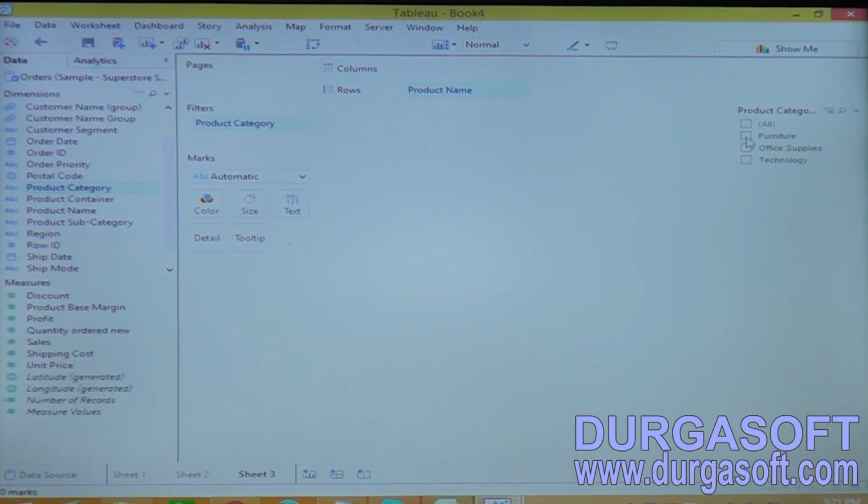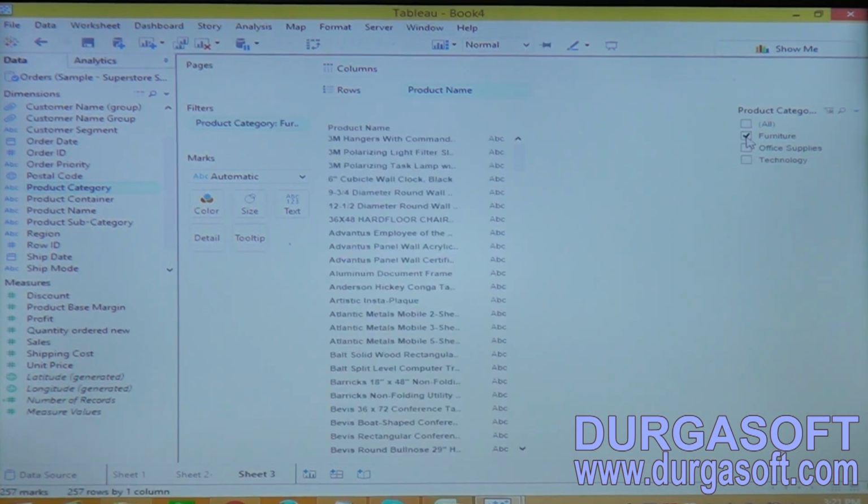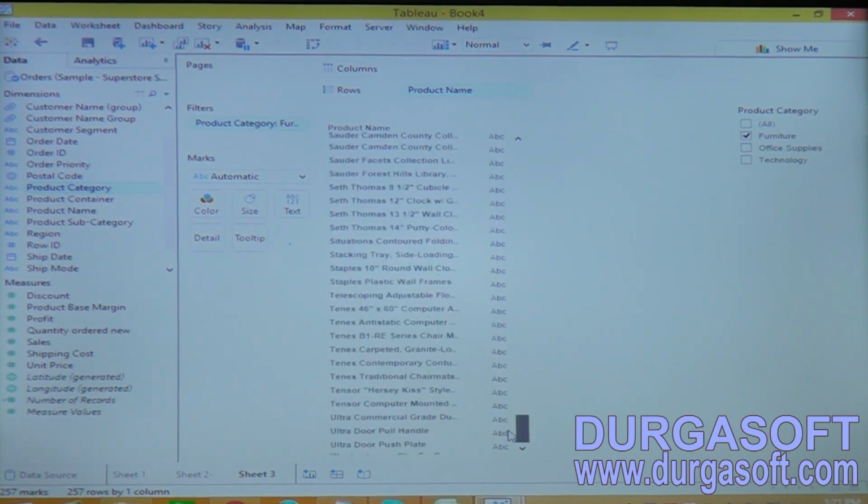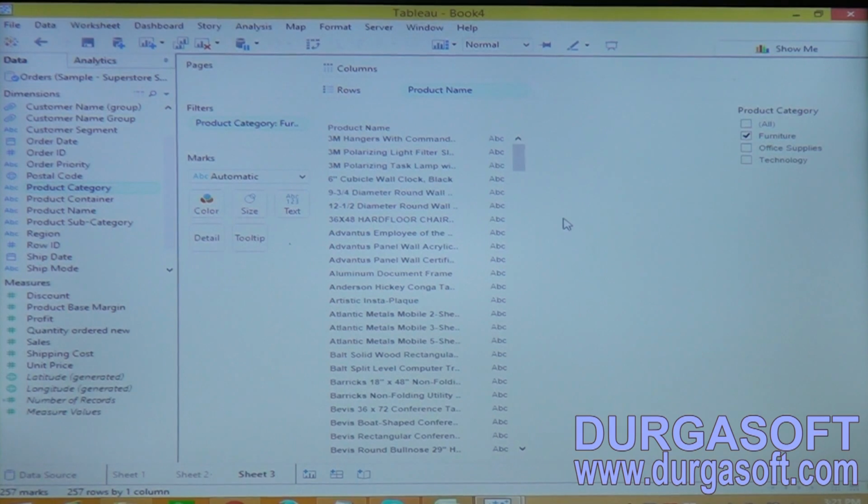I want to create a group for only furniture data, furniture product names. Now I clicked on the furniture data, and it displays the furniture data only. Under the furniture product category, I have this list of product names.